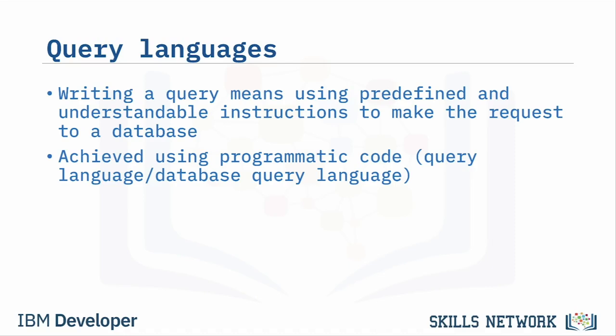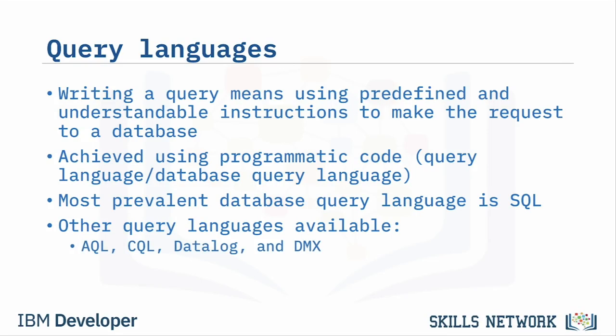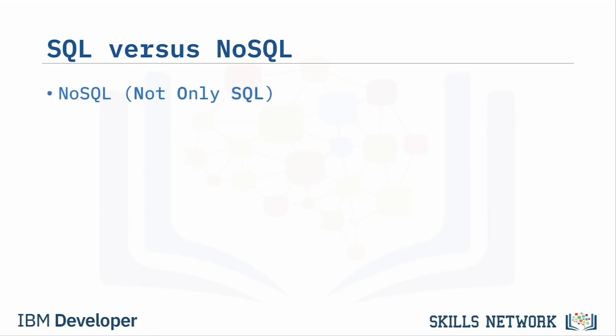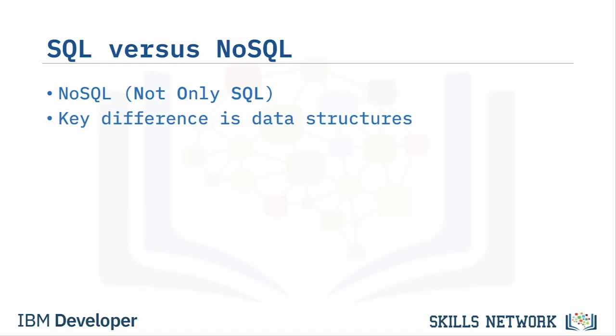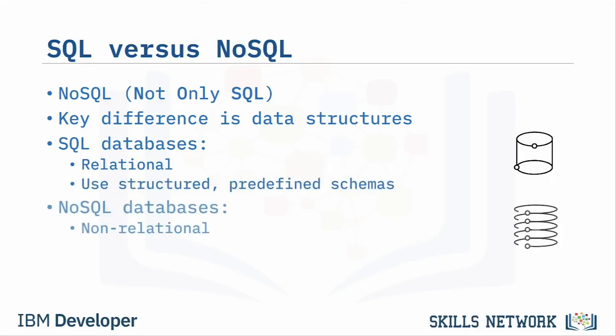A query language may also be referred to as a database query language. By far the most prevalent query language for database queries and database management is SQL. However, there are other query languages available, such as AQL, CQL, Datalog, and DMX. In addition to SQL databases, there is another type of database called NoSQL, which stands for Not Only SQL. The key difference between these two types of databases is their data structures. While SQL databases are relational and use structured, predefined schemas, NoSQL databases are non-relational in nature and have dynamic schemas